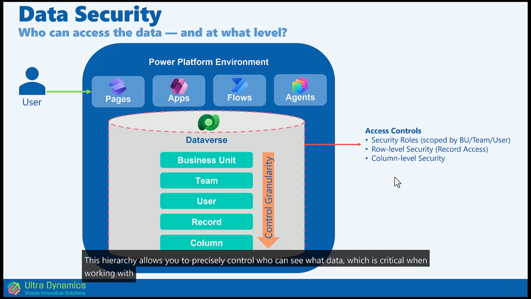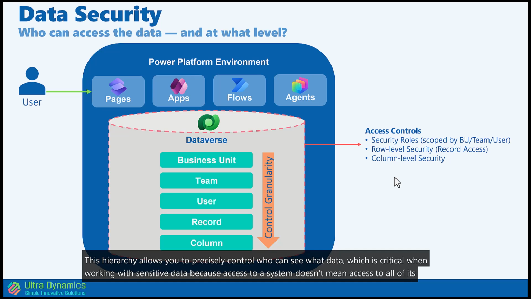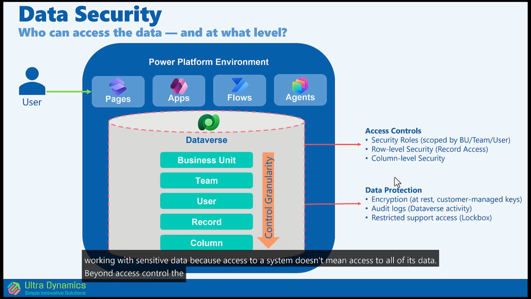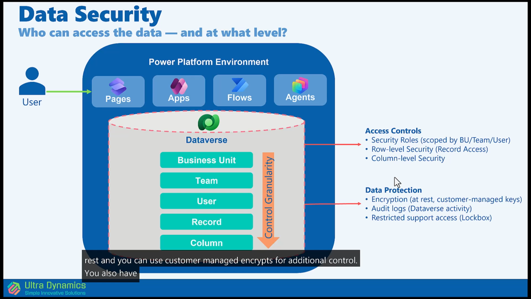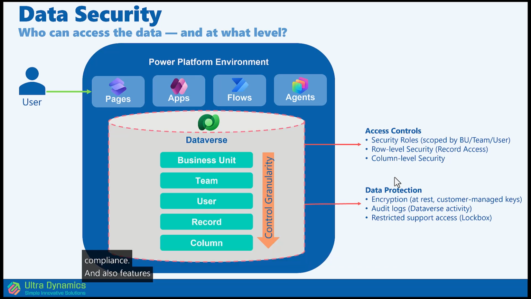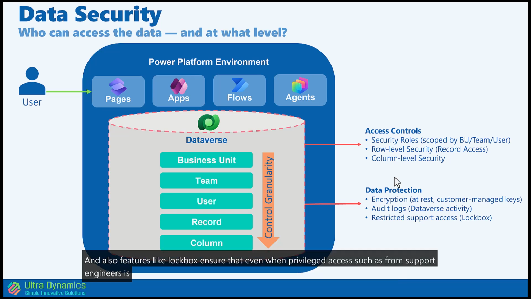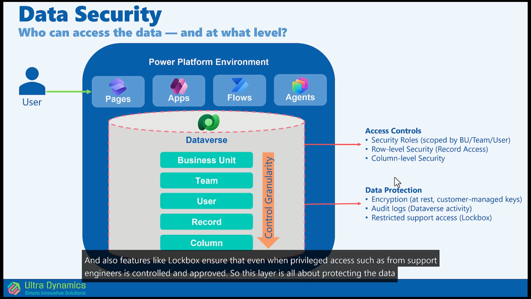Because access to a system doesn't mean access to all of its data, beyond access control, the Power Platform also protects the data itself. Data is encrypted at rest, and you can use customer managed keys for additional control. You also have audit logs, which track activity and changes, helping with visibility and compliance. And features like Lockbox ensure that even privileged access, such as from support engineers, is controlled and approved. So this layer is all about protecting the data itself, ensuring it's only accessible to the right people and protected